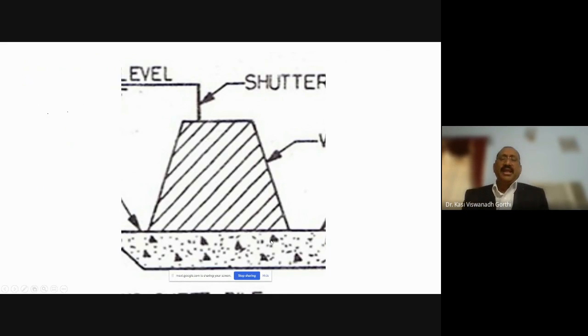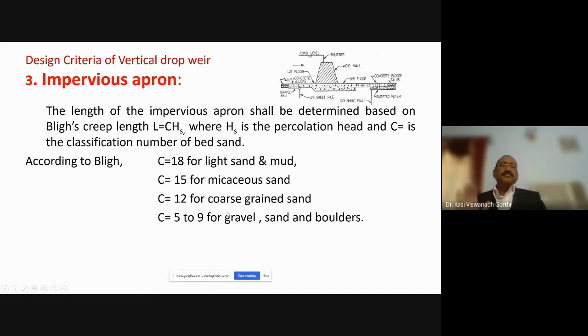Okay, the top width A will be based on certain norms which are given: 1, 2, 3. Based on the stress criteria and the sliding criteria, values are given, and we arrive at the maximum of the three equations to get the value of A. For getting the value of B, the bed width here, we need to take the moment of all the forces which are acting on this for three different conditions with respect to the toe, assuming that this value is B. Solve for B. And the maximum value among all the three cases will be equal to the bed width of the weir wall.